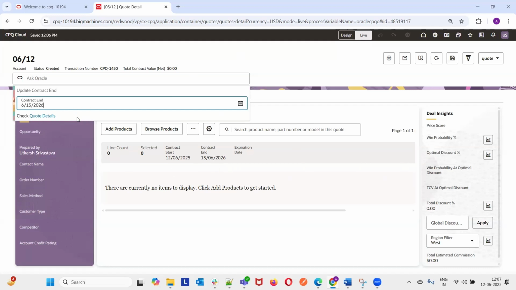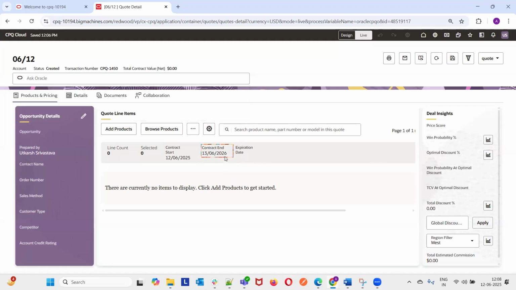If user wants to go to that particular field from this search bar itself, then user has this option of clicking on code details. So right now, since the field is visible to us here only, but still we can check it. If I click on the code details, the system will highlight that field so that user can directly go and do whatever further modification on that field. So in this way, we can search, modify and highlight that field to move quickly to that particular field.